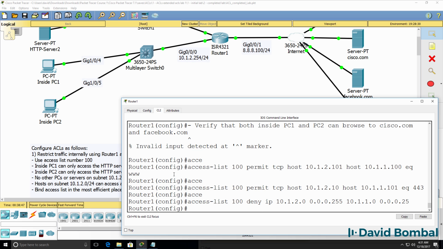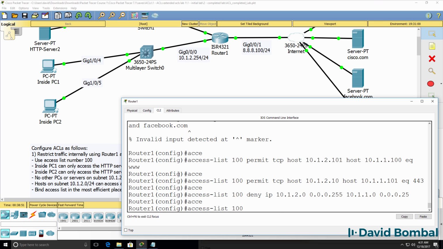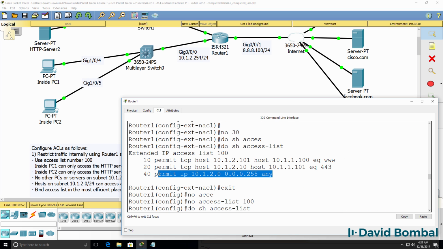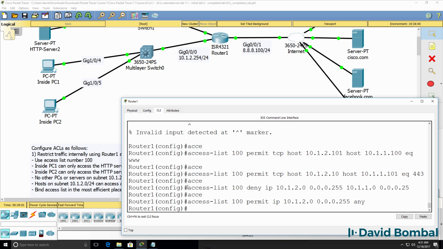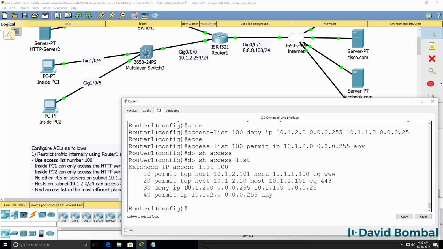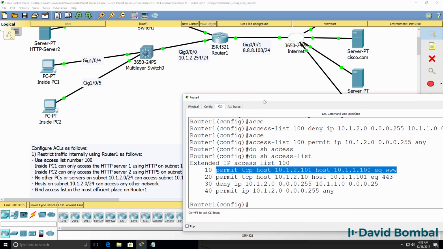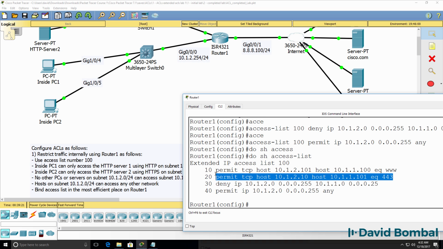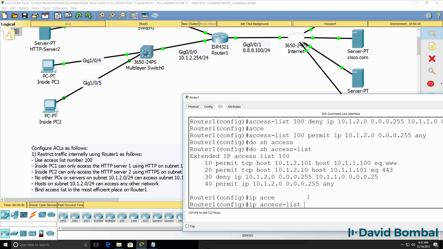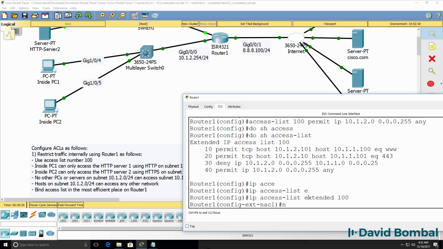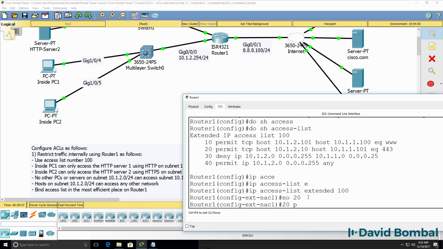And our last entry is that. So again, do show access list. Let's confirm that that's correct. We are permitting the first host to access the first server using HTTP. We are permitting the second host, and notice there is a typo there. So let's correct that. So IP access list extended 100, no 20, and then I can add it back by saying